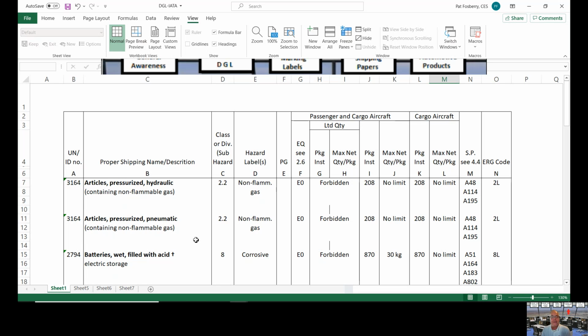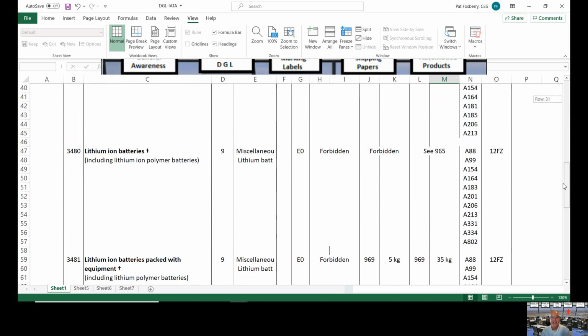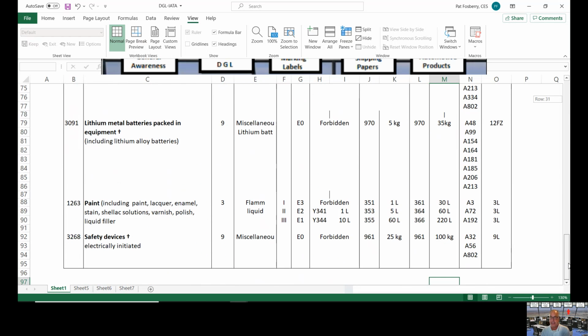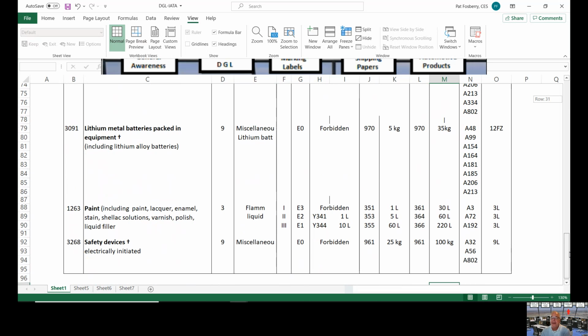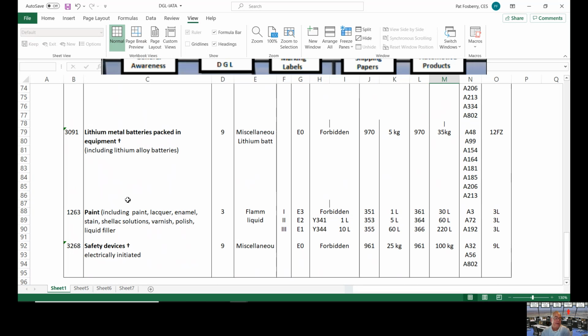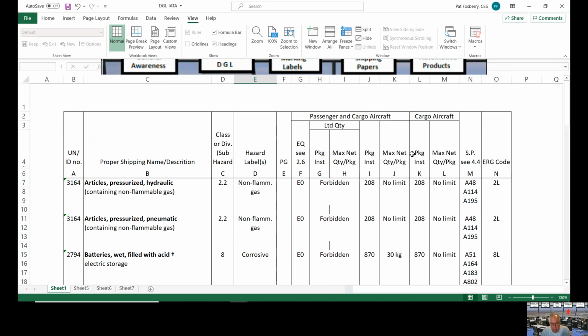So moving on to column number 3 is the class or division or subhazards. Again, your goods are the way they are. They all have a single class. There are no subdivisions in there, which you might think, well, something like a paint could be a paint and a corrosive. Well, that has a whole separate UN number, but the UN number 1263 is just the flammable liquid. But I think as far as your classes and subdivisions,